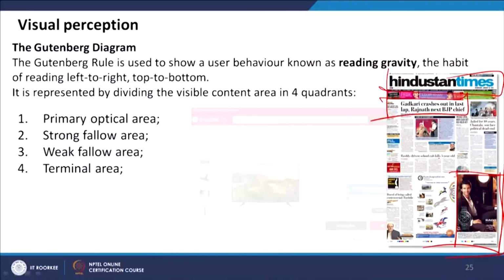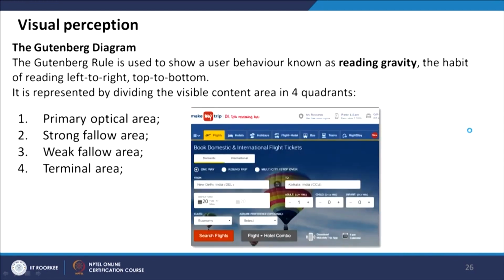So the fourth quadrant will be dedicated to advertisement, and then in the second and third quadrants, the second quadrant will have much more important news than the third quadrant. Another example is Make My Trip. There's a similar action there, and mostly here they have followed the top to bottom sequence of Gutenberg's diagram. And also the search flight button is here, but this quadrant they have used again for promoting the download of the Make My Trip app to promote their